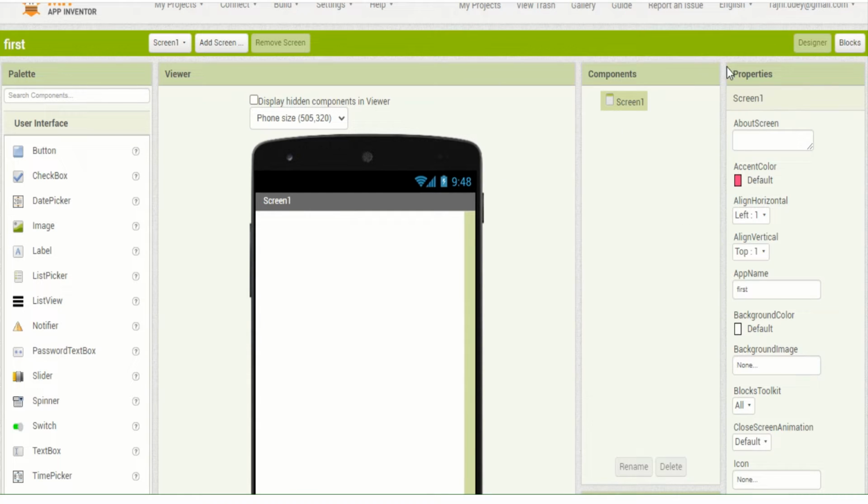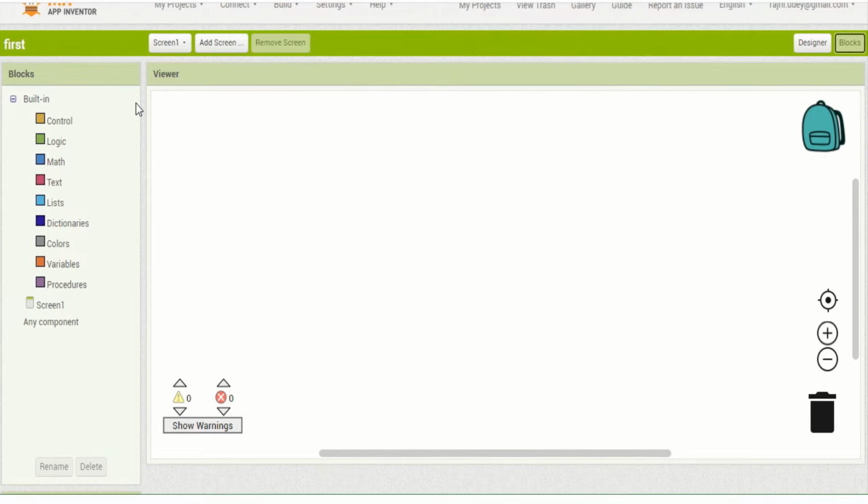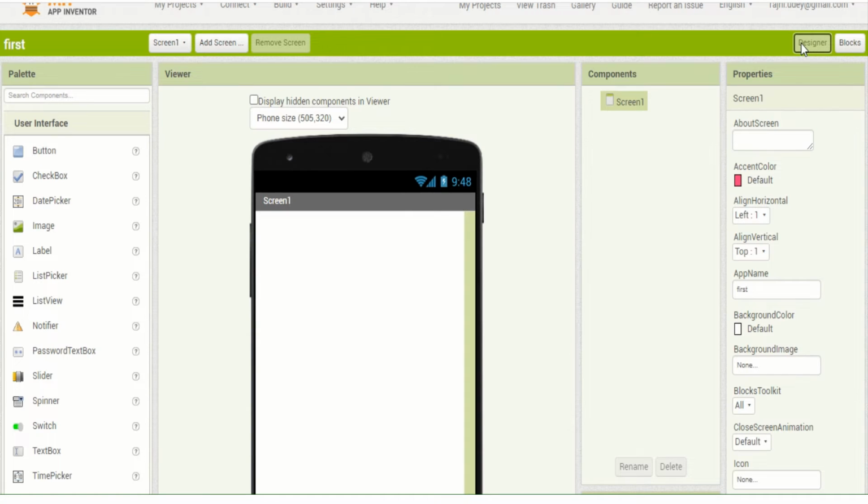So in this dashboard, we have two modes of app development. The first mode is the designer mode of the app. In the designer mode, you can design the front screens, meaning you can create buttons, you can insert images, or you can insert check boxes and text boxes. Front screens will be designed by using the designer mode. And this is the blocks mode. By using the blocks mode, you can provide the functionality to the app. This blocks mode we shall discuss in the next videos. So this is the designer mode, and we shall start to design our first mobile application.